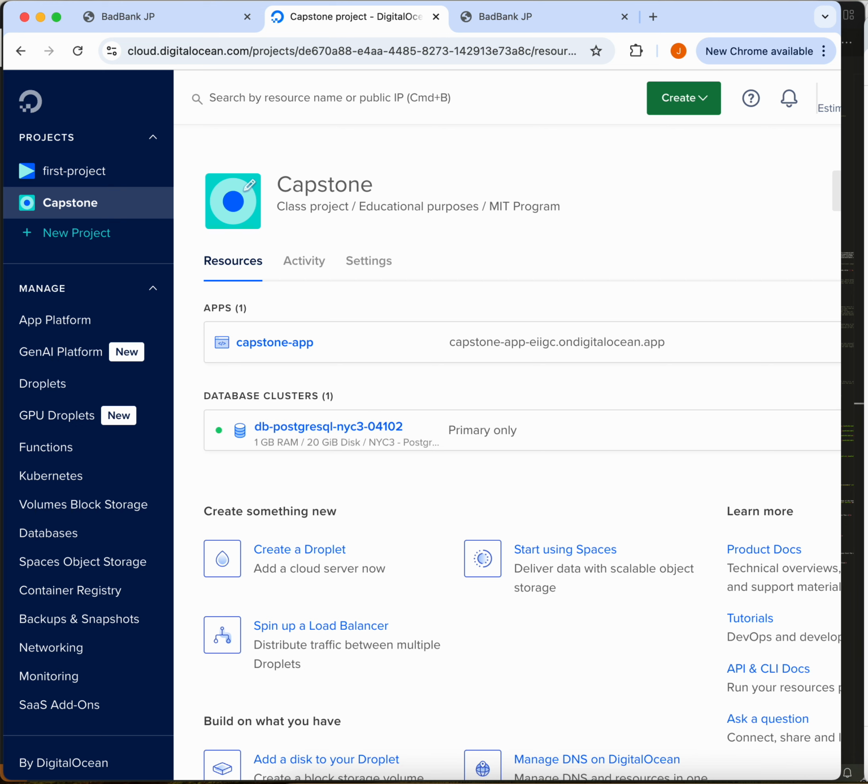So that's how we deployed this, and it worked really nicely. I'm a big fan of DigitalOcean. Everything was super, super easy to use. Some of the challenges that I experienced, I think getting used to using environment variables was a bit of a challenge initially, but once I dove into it,